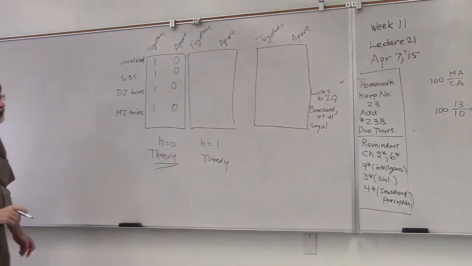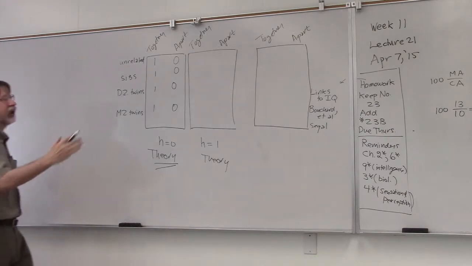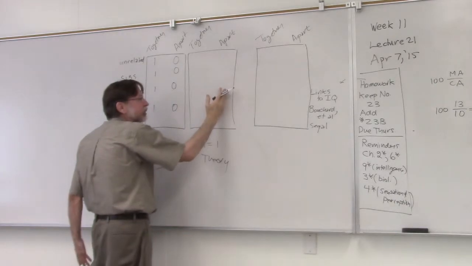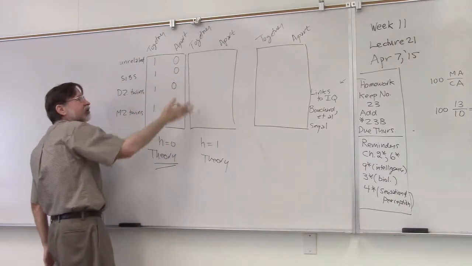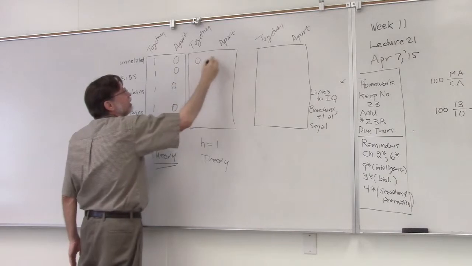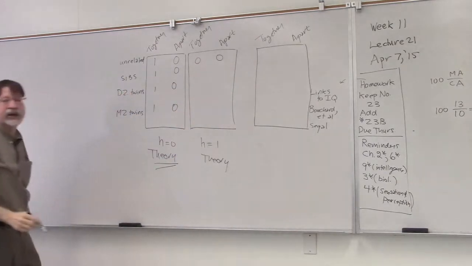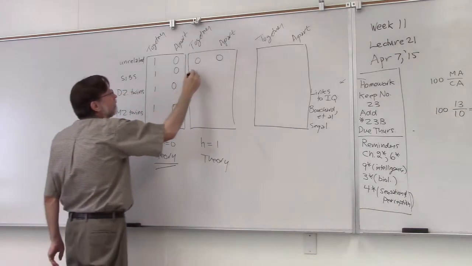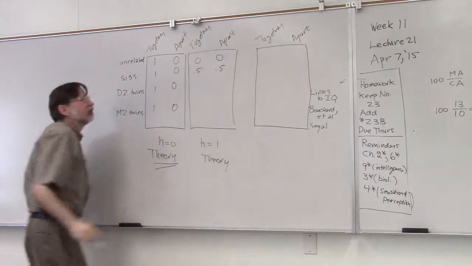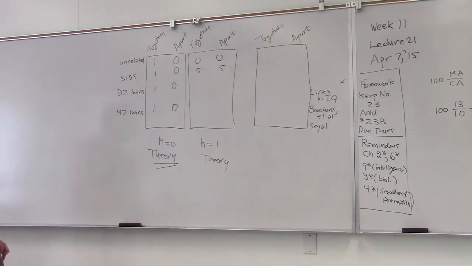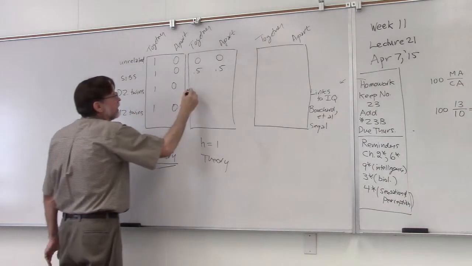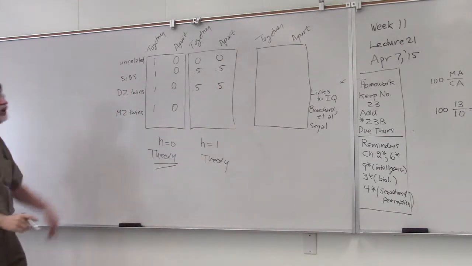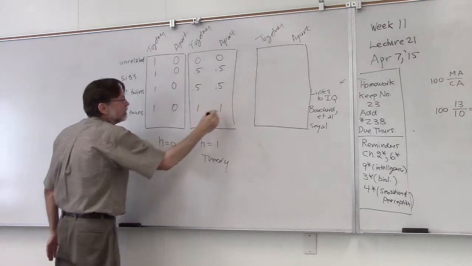This is the theory that the environment has no effect. So that means that the numbers in the two columns are going to be the same because being raised together or apart is going to make no difference. And all that counts is how genetically related you are. So if you're unrelated, it doesn't matter whether you're raised together or apart, those numbers should be the same. SIBs share half their genes, so the correlation should be 0.5. Dizygotic twins share half their genes, so the correlation should be 0.5. And monozygotic twins share all their genes, so the correlation should be 1.